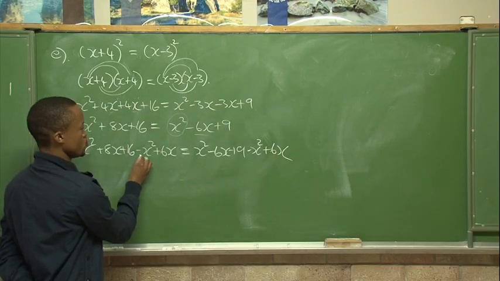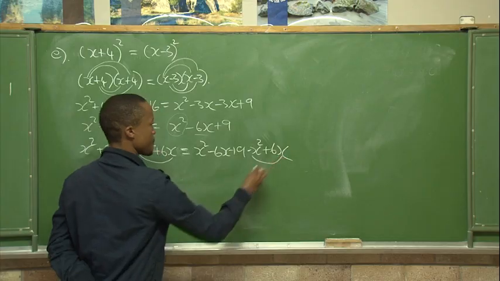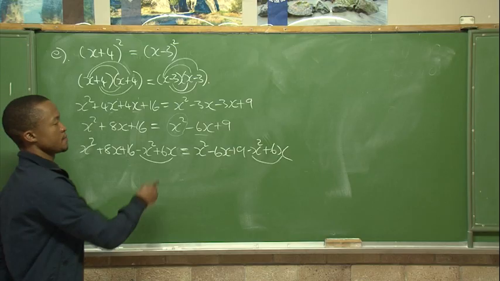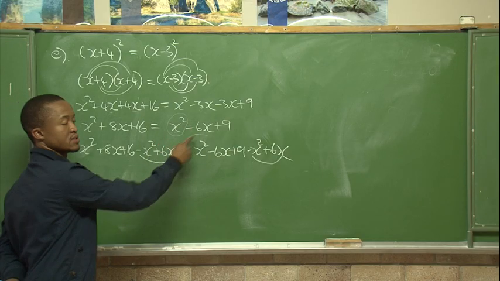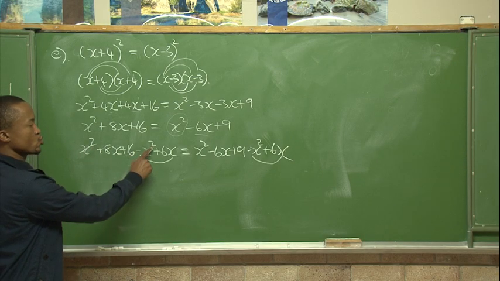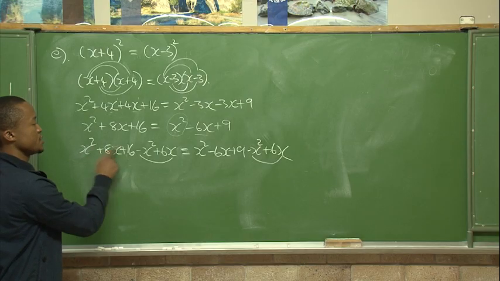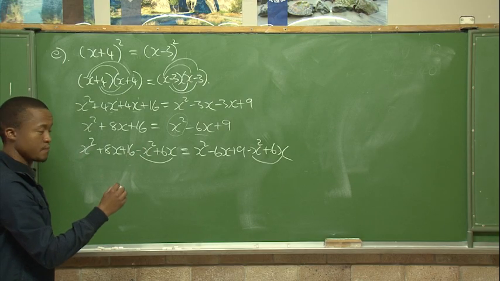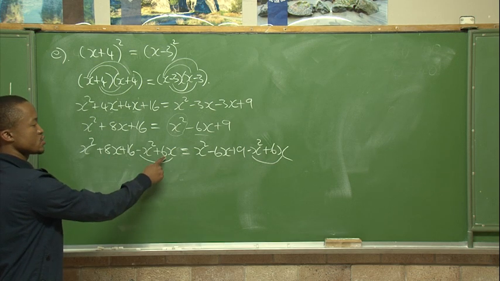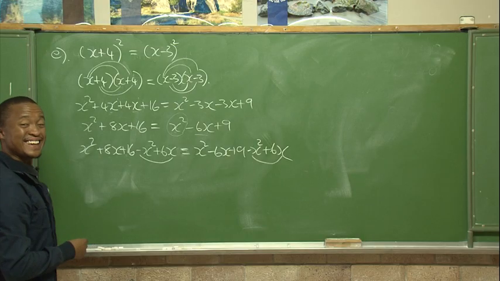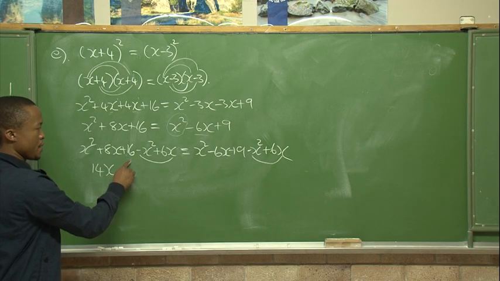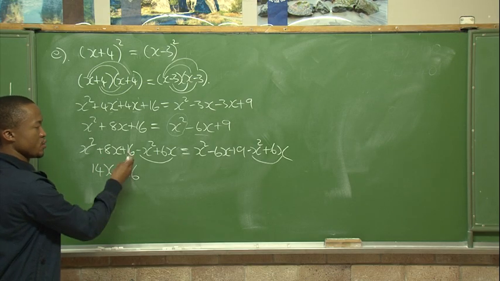If you notice, these two terms that have been added on both sides of the equation are the additive inverses of x squared and negative 6x. When we do that, x squared minus x squared, we then combine the like terms. So x squared minus x squared will give us 0. 8x plus 6x, 8 plus 6 will give us 14. So we'll have 14x, because the two are like terms. So we'll have here 14x plus the constant of 16, which is still on the left hand side of the equation,